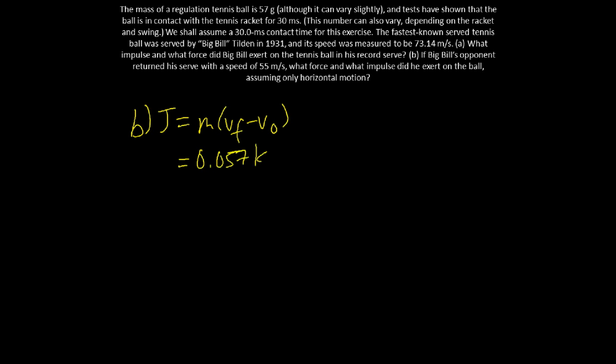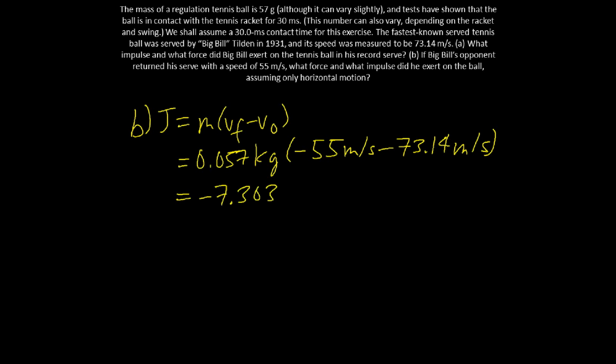0.057 kilograms, and then the VF will be negative since it is moving backward, it is returned to you, minus 73.14 meters per second. Now we are going to use our calculator to solve for that. 0.057 times negative 55 minus 73.14, that will give us negative 7.30398